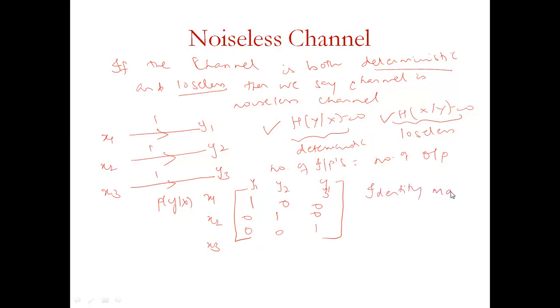Whenever we say noiseless channel, we have to see the channel representation. If the channel representation is an identity matrix, then we will say the channel is a noiseless channel. So channel capacity is also very simple. As we already have seen for deterministic channel, it is log base 2 of M. For lossless channel, CS is log base 2 of N. We know that the number of inputs should be equal to the number of outputs, so log base 2 of M should be equal to log base 2 of N. Here M is the number of outputs, N is the number of inputs. All are equal and it is equal to 3. For the example we have taken, CS is nothing but log base 2 of 3.